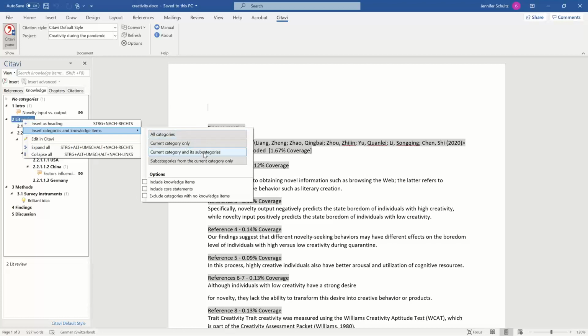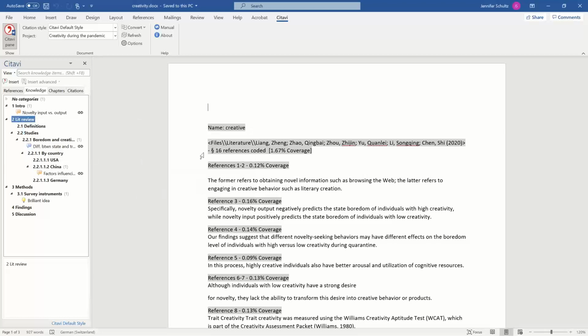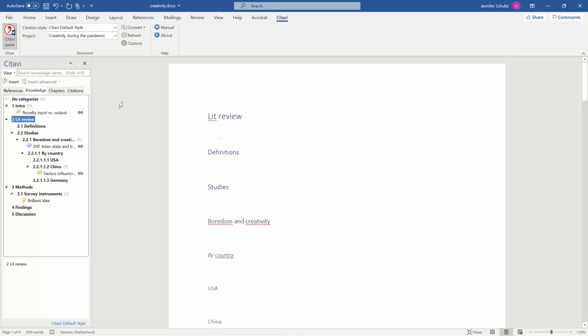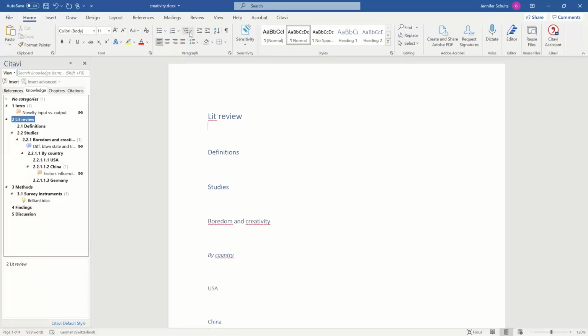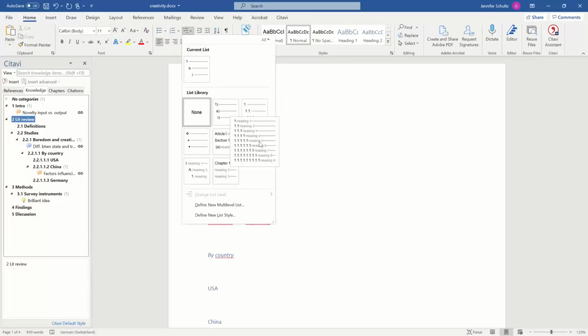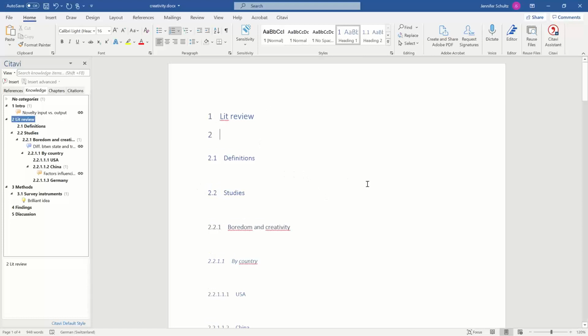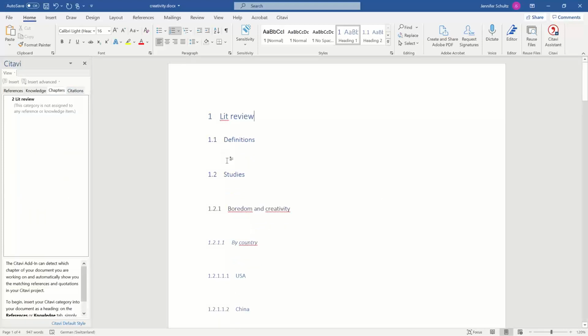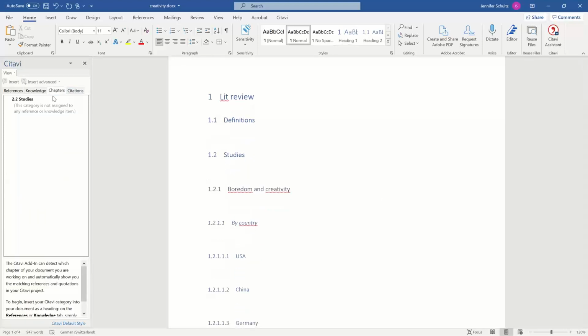So we'll just do our current category and subcategories. And then here, this looks a little messy, so let's make that look a little nicer. We're just going to give that some numbered headings, and then we can keep those different chapters a little bit more organized. And now, when I click into a section that has something either in knowledge or references, so for